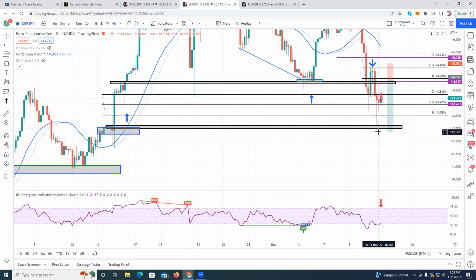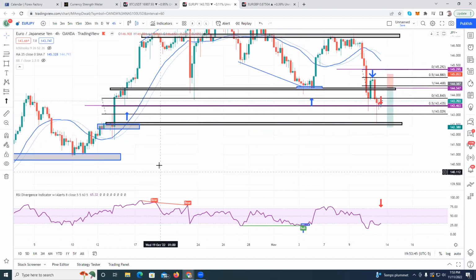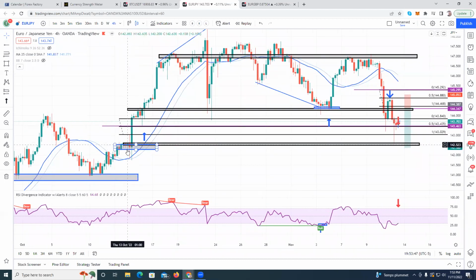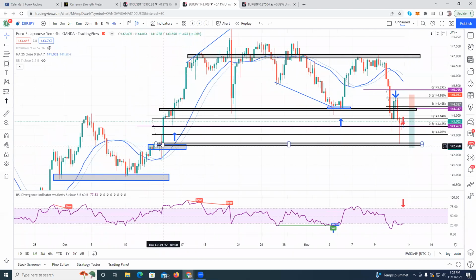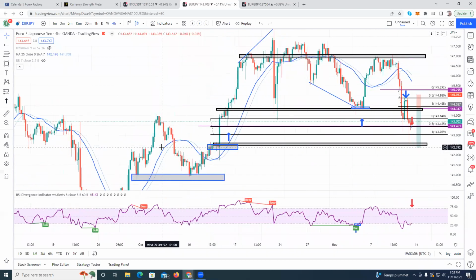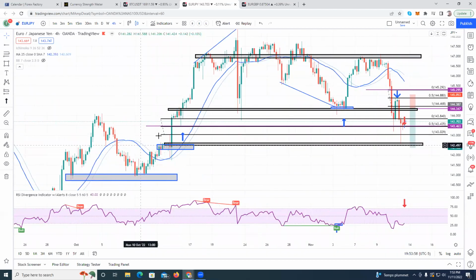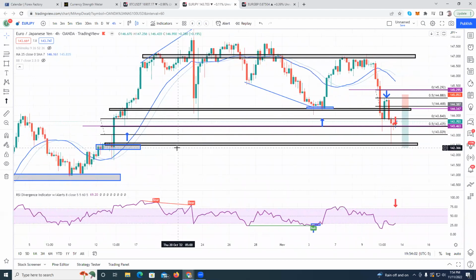So any future imbalances that come up, we're probably not going to be taking them because the market respected this order block. And is this order block bullish? Well, you tell me. Did price create a higher high from this area? Yep. Did price come back and respect this imbalance and order block on a higher time frame? Yep. So just because you caught the sell doesn't mean you can't